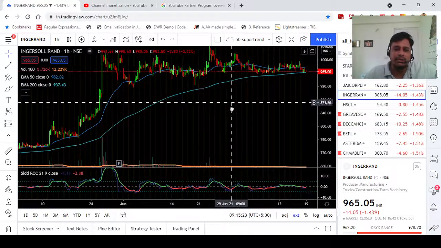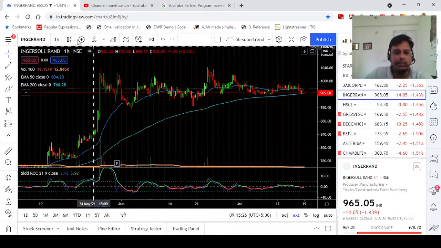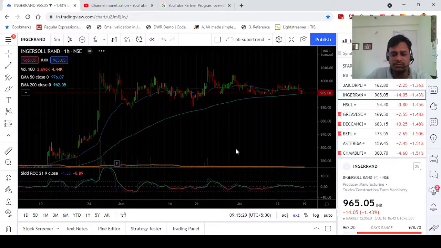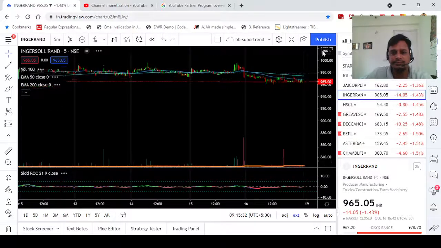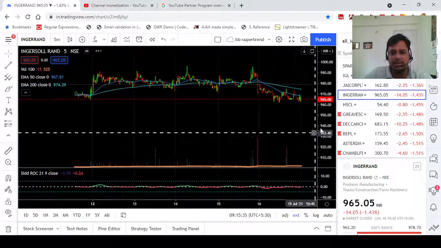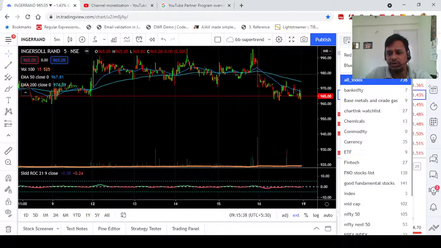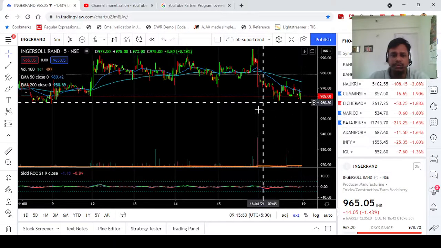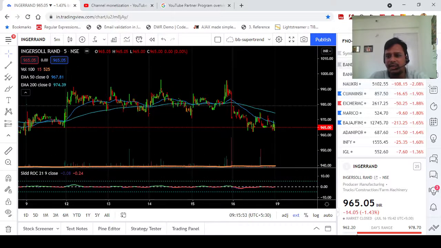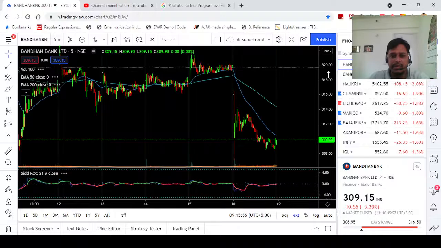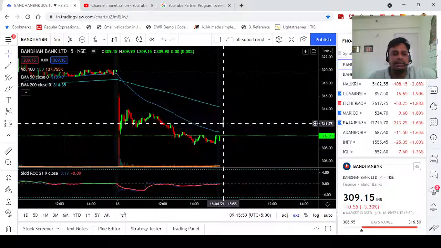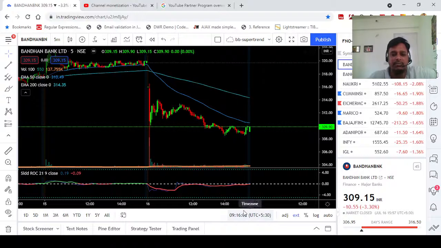How to do intraday? So in intraday, what I will do, we will take it 5 minute chart. With this 5 minute chart, we will go for FNO stocks, future and option stocks, or any non FNO stocks as well. So let's try with the FNO stocks and how to do it. I will show you. Let's say it's Bandhan Bank, and this is the 5 minute chart. In 5 minute chart, how you will trade, that I will explain you.